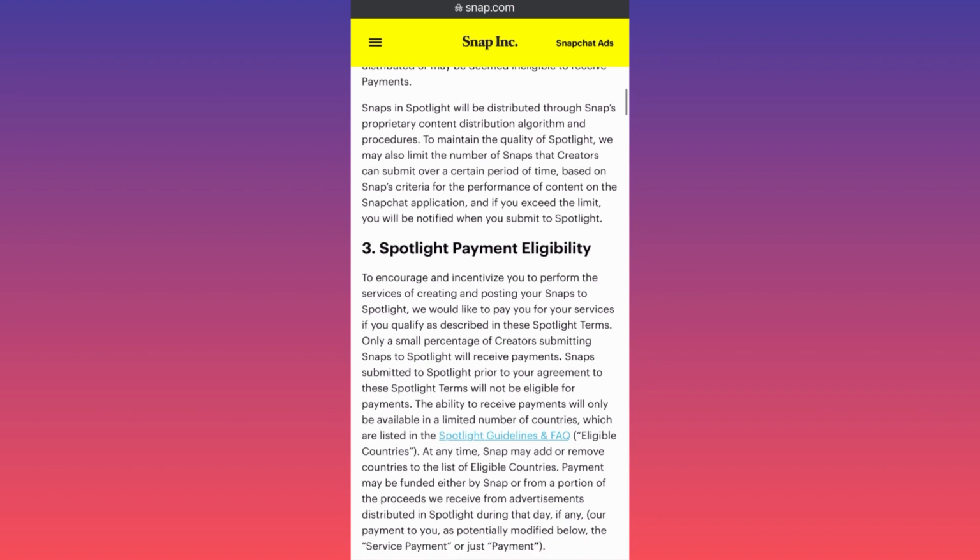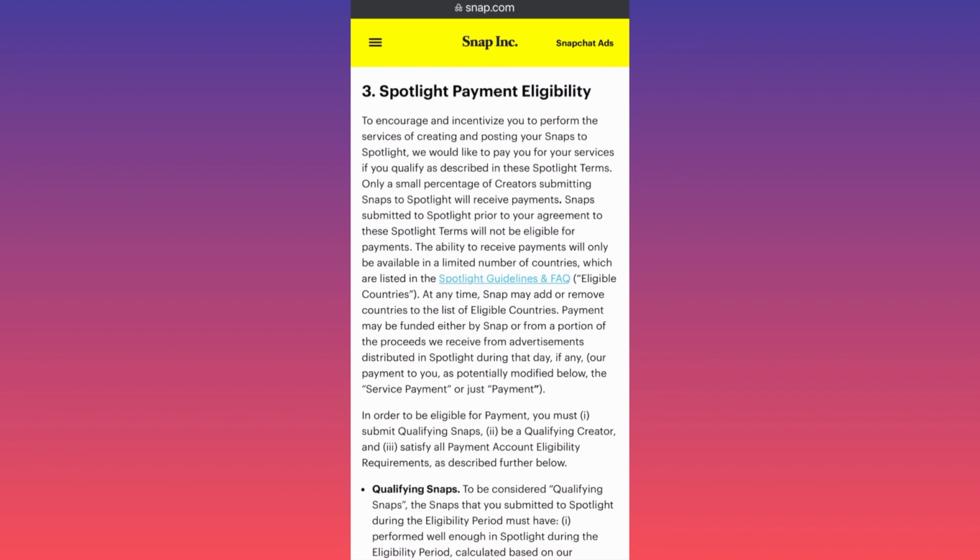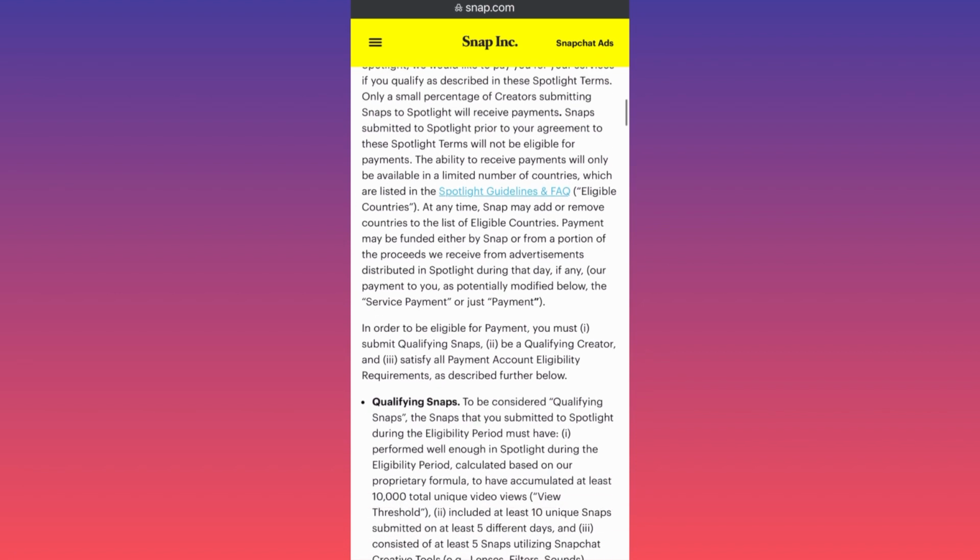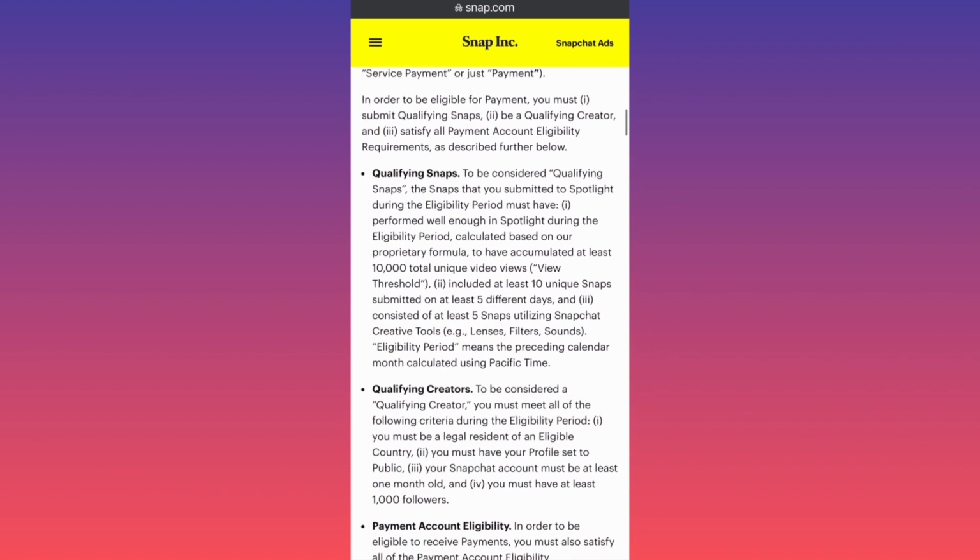Spotlight payments eligibility. Pay very close attention over here, guys. So first of all, in order to be eligible for payments, you must submit qualifying snaps, be a qualifying creator, and satisfy all payment account eligibility described below. First of all, what is it qualifying snaps? To be considered qualifying snaps, the snaps that you submitted to Spotlight during the eligibility period must have performed well enough in Spotlight during the eligibility period, calculated based on our proprietary formula to have accumulated at least 10,000 total unique views,